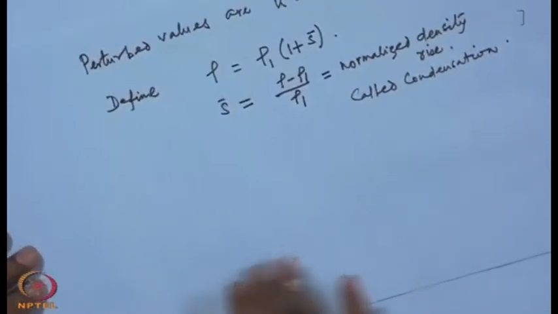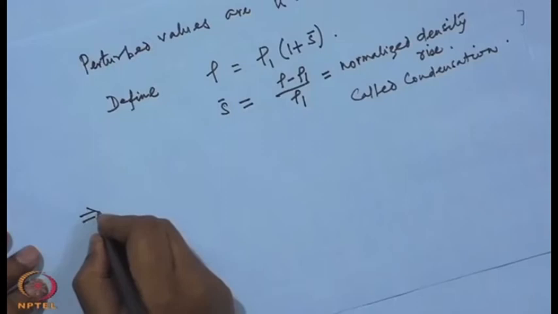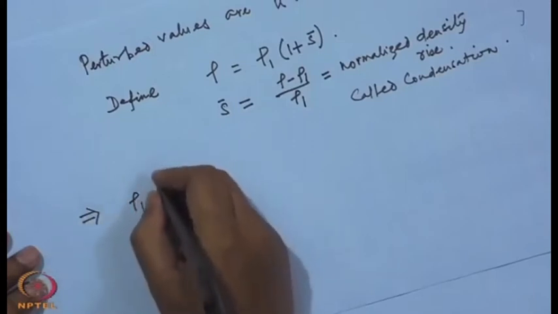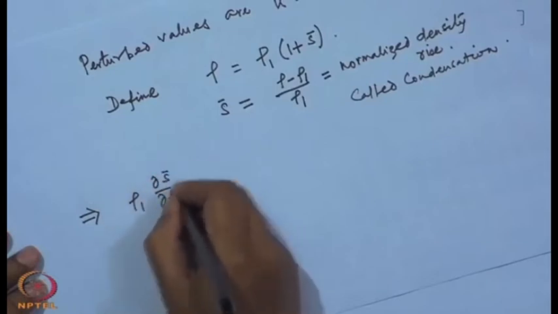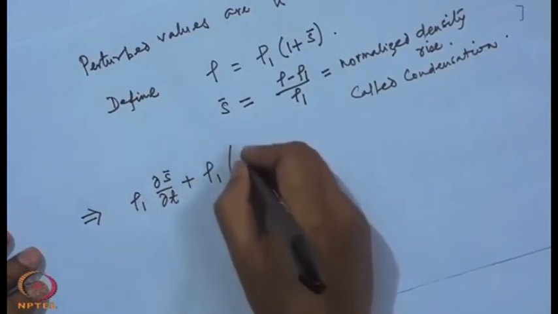Substituting these into the equations, the continuity equation becomes rho 1 d S bar by dt plus rho 1 into